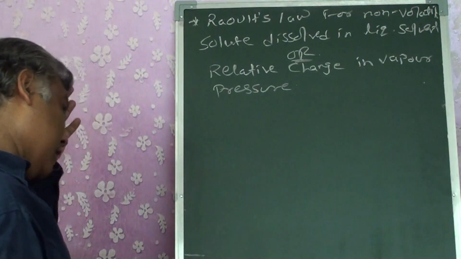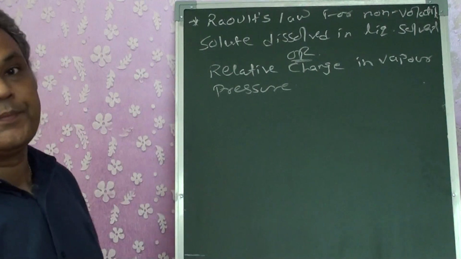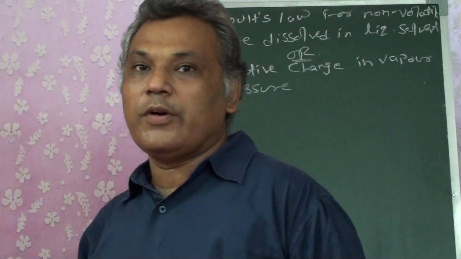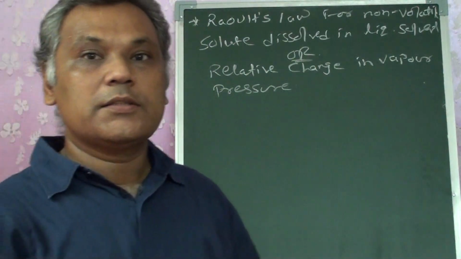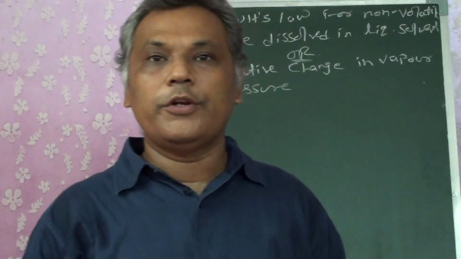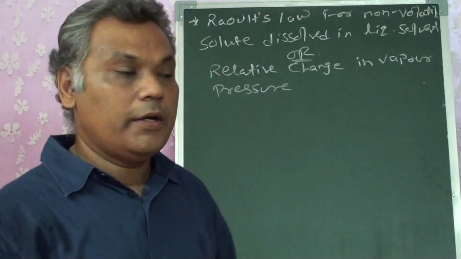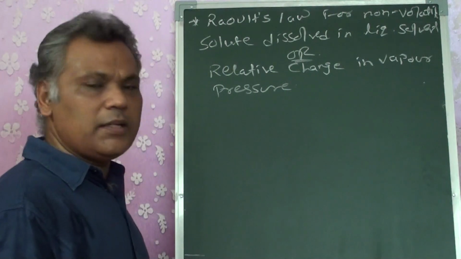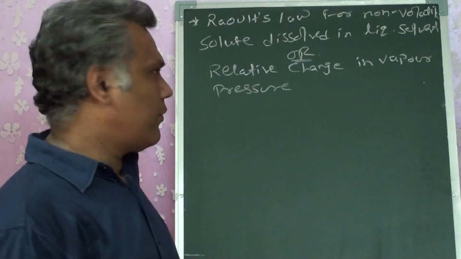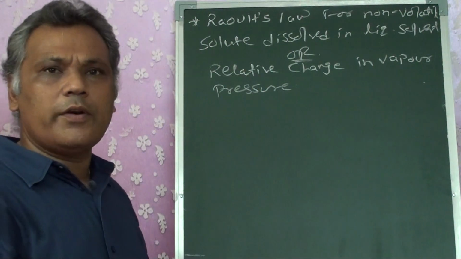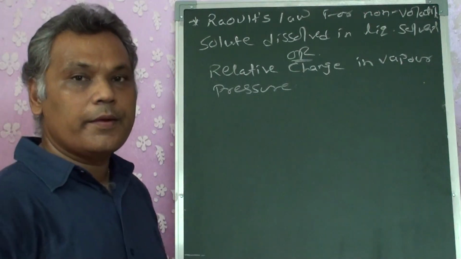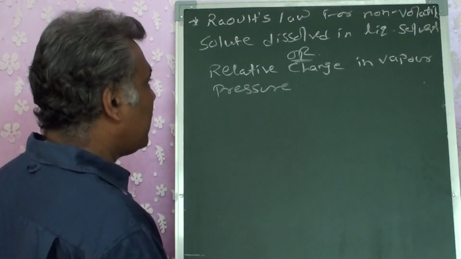First of all, for this we will derive the formula. We will be having numericals based on all the four colligative properties. But first of all, one by one, we will get the formula. Once we get the formula, we will do the numericals based on it also. For all the Raoult's law, the numericals are still undone. We will do it one by one. First of all, today we will derive it. In the next lecture, we will do the numericals based on Raoult's law. Okay. Now let us first of all derive it.